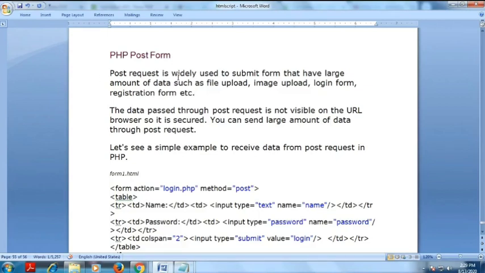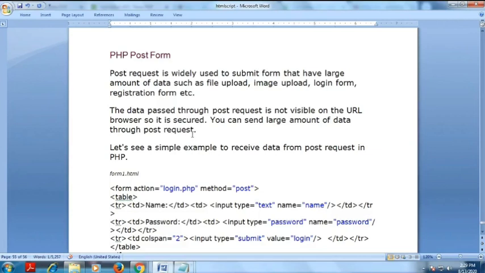The POST request is widely used to submit forms that have a large amount of data, such as file upload, image upload, login forms, and registration forms. The data passed through a POST request is not visible in the browser URL, so it is secure. You can send a large amount of data through a POST request.